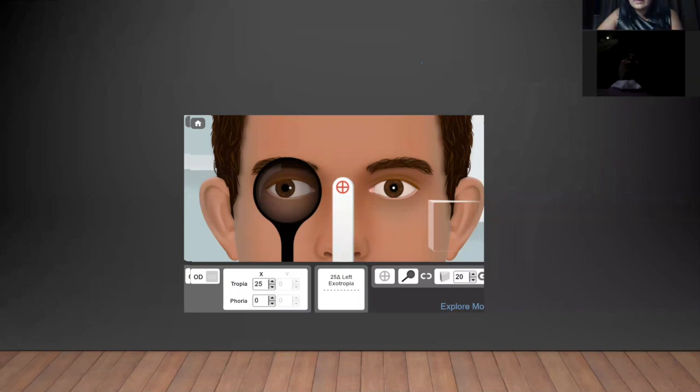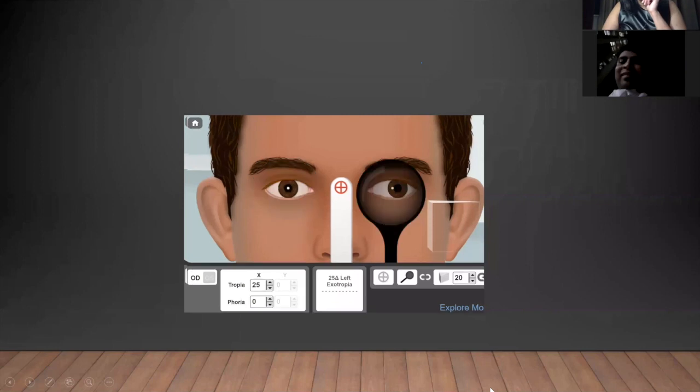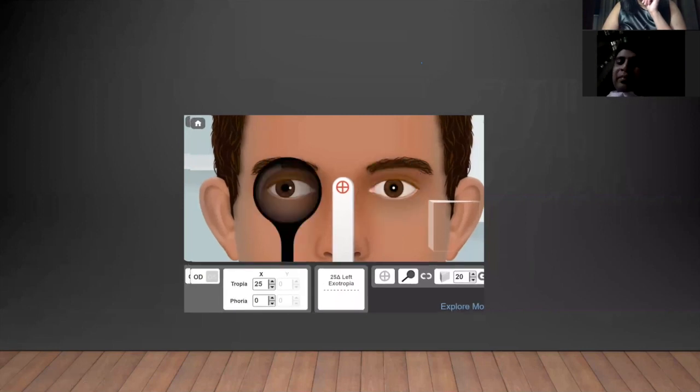Can anyone tell me what this means? What does this patient have? You can type or you can ask to unmute if anyone wants to answer. No one, I suppose. Okay, so unless you had a cover test before this, which told you that one eye was fixing, we will not be able to differentiate whether this is an alternating exotropia or only an exophoria. That's what I want you to remember.